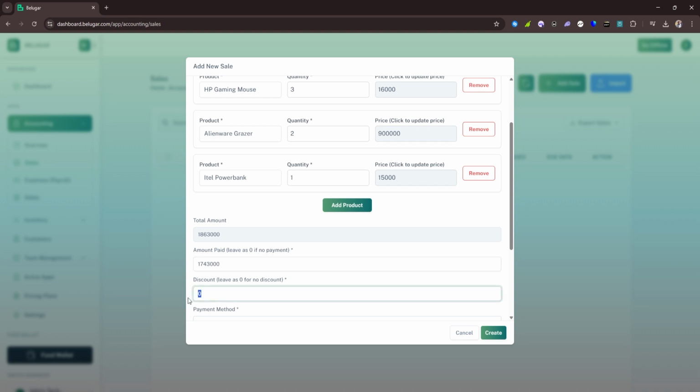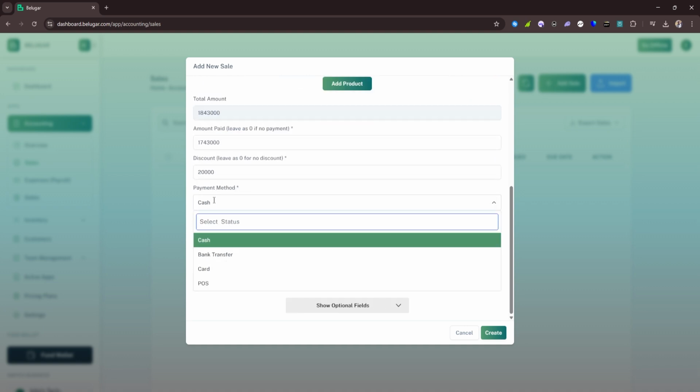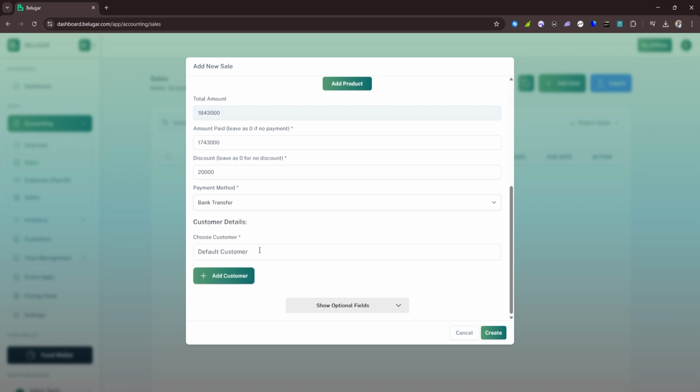And you gave him a discount of 20,000. So let's say he paid, because of course it's not expected for someone to carry that kind of amount in cash. So let's say they pay via bank transfer and